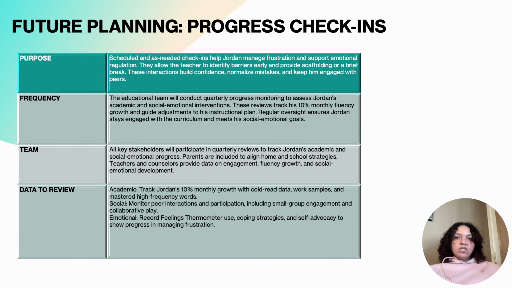Frequency. To ensure the efficacy of Jordan's academic and social-emotional interventions, the educational team will conduct comprehensive quarterly progress monitoring. These scheduled reviews are essential to evaluate his 10% monthly fluency growth and to make data-informed adjustments to his instructional plan. This consistent oversight ensures that Jordan remains successfully engaged in the curriculum and his social-emotional milestones are being